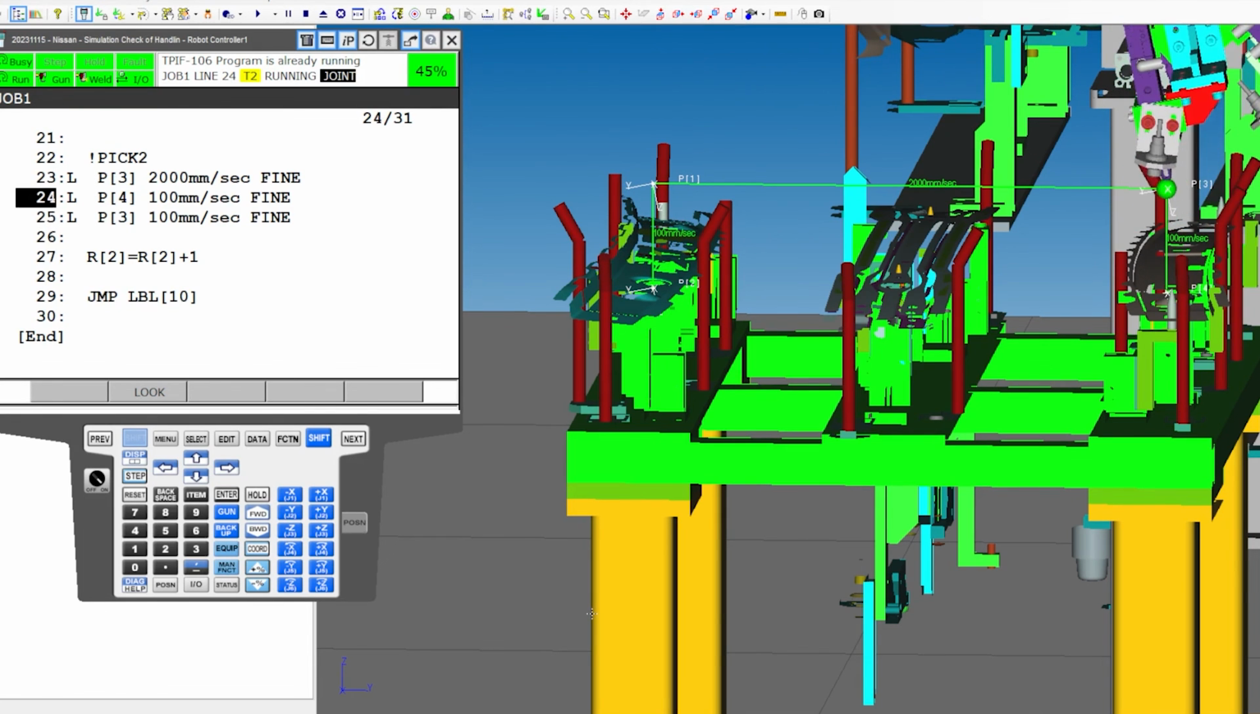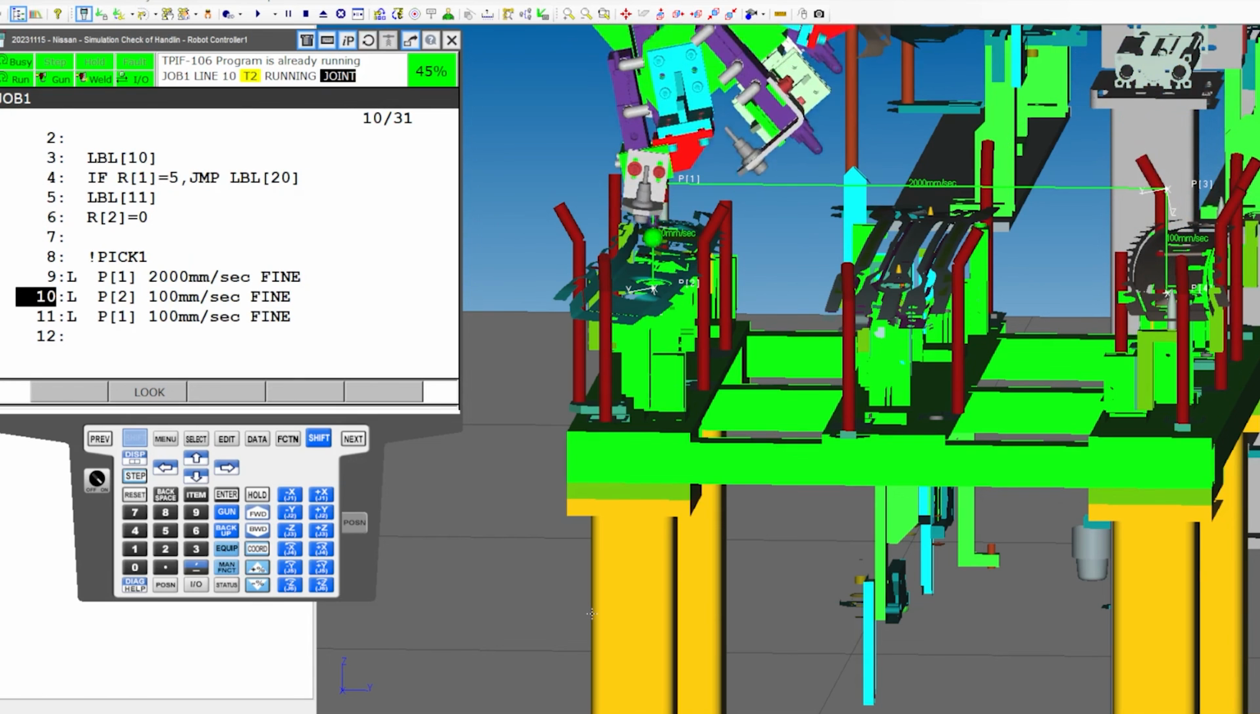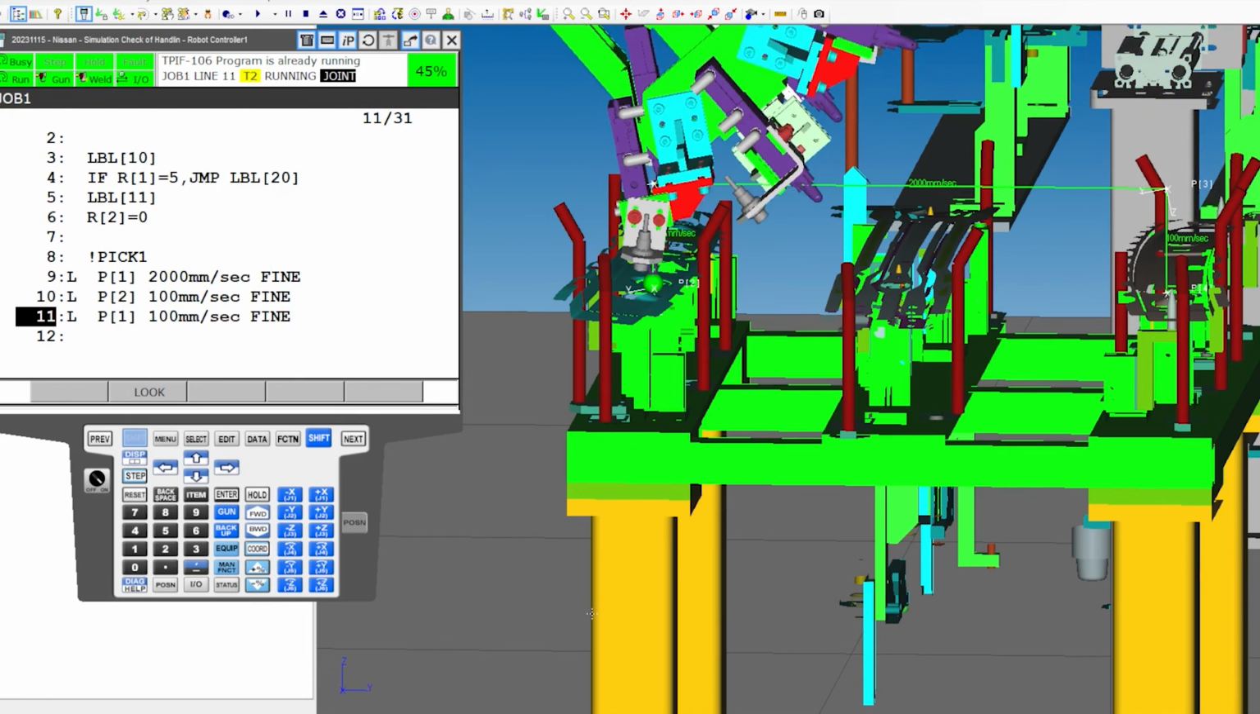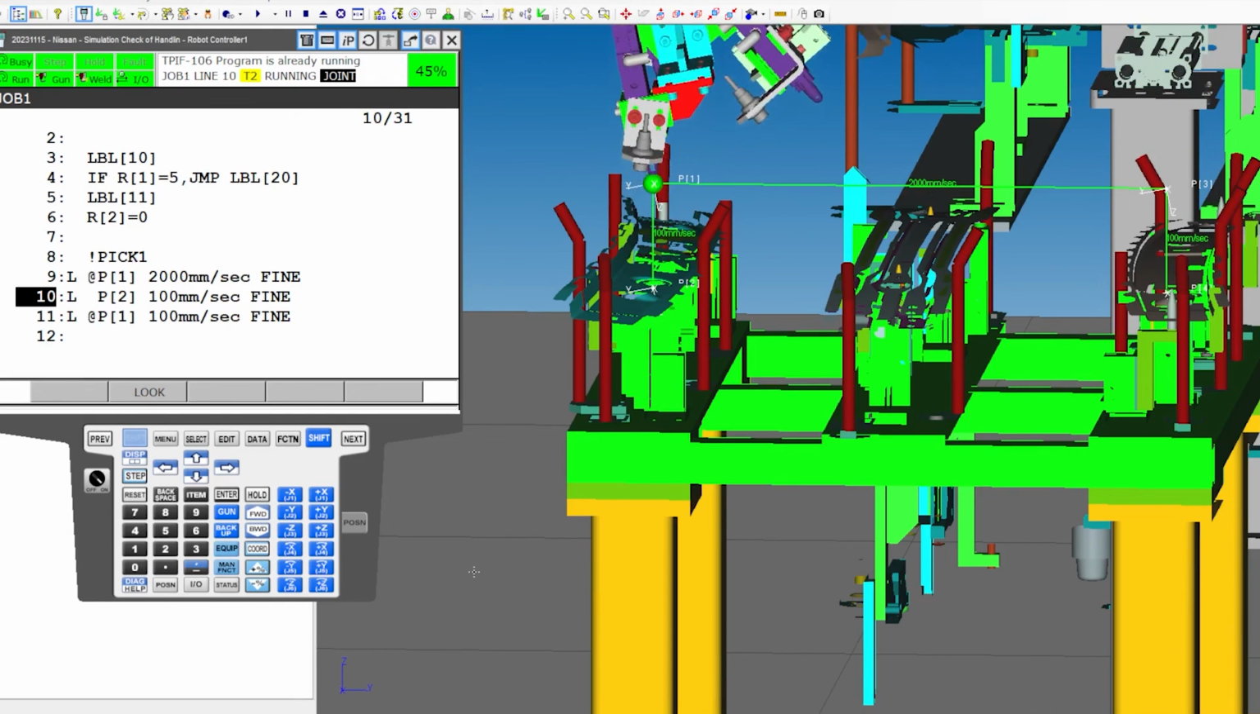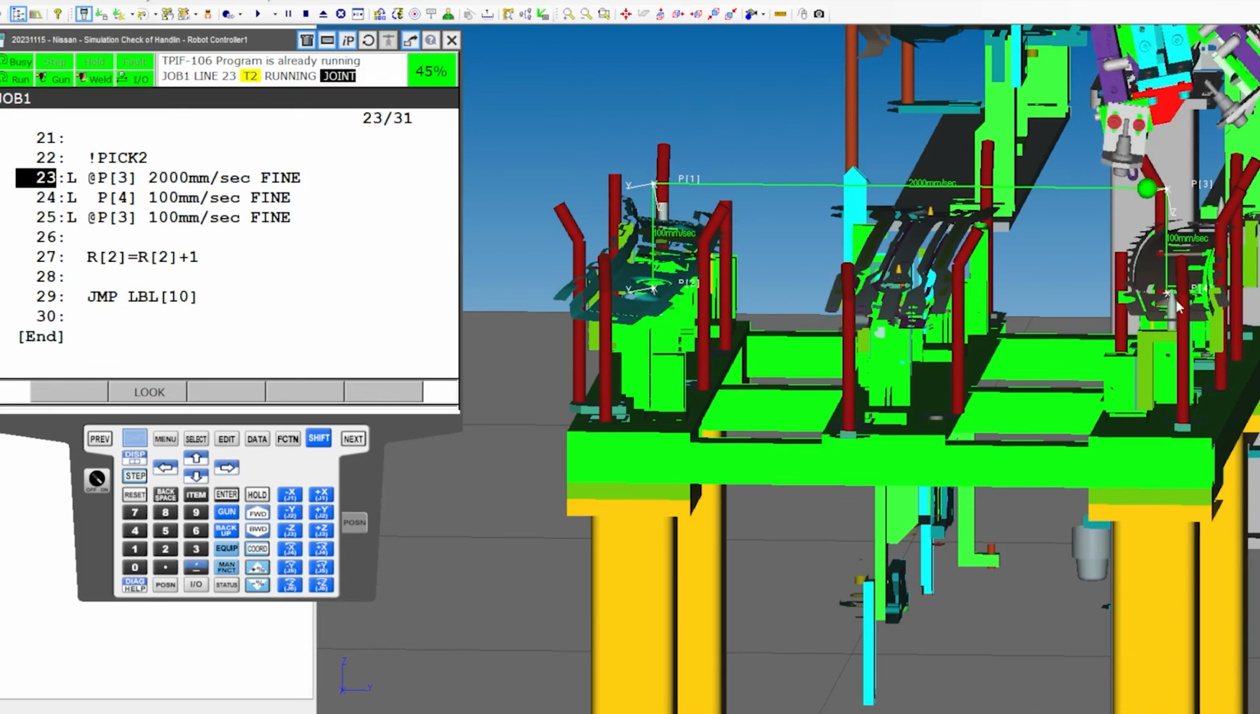Yeah, so we can kind of see this thing in action now. There you go. Now we're in an infinite loop. So from here, we would have a pick position, another pick position, and a place position. So maybe we want to pick up 5 of this one, pick up 5 of that one, and then go